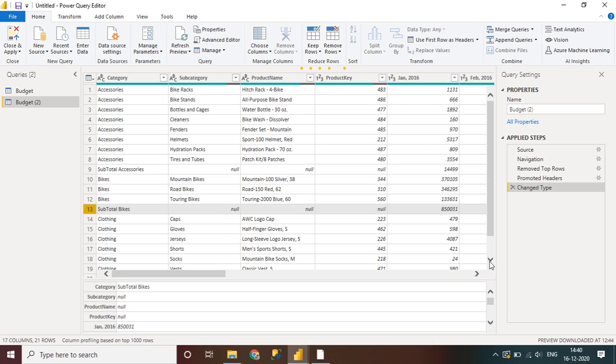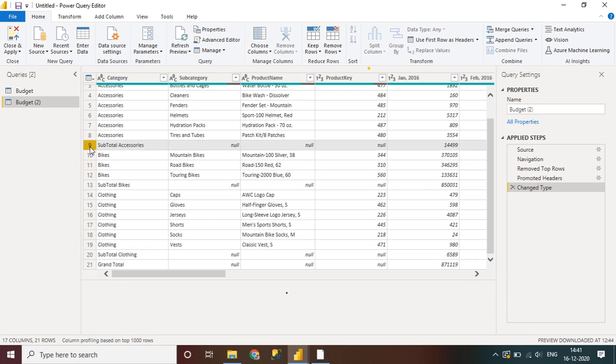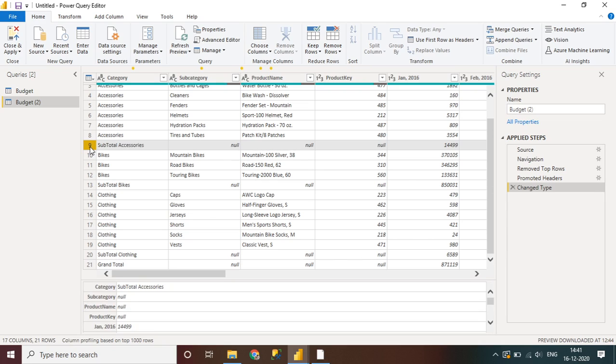For that we need to find a common thing in these rows, so that we can provide a condition to filter down the data. Here you can see subtotal, total. So Total is the keyword which we can use to filter the data. Okay, so how can we do it? There is an option on the right hand side of this first column. If you see this triangular icon, it represents sorting or filtering the data.